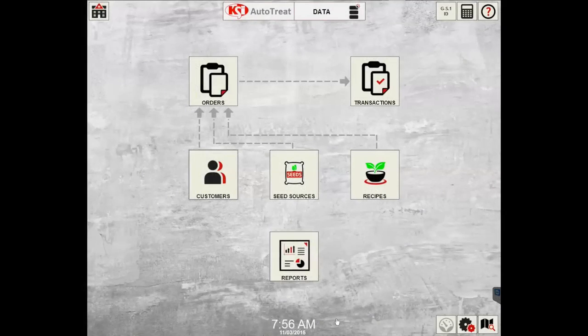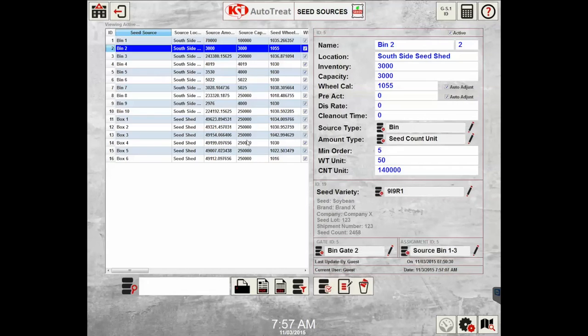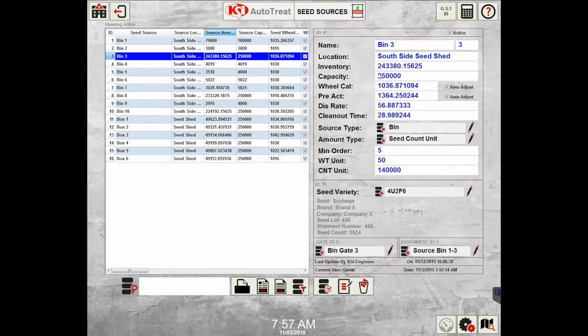KSi Automation version 4.2 system has many ways to edit the data after it has been inputted. For example, in the recipes, seed sources, and customers, there are many places where you can update the data that's in there. For example, bin 3,